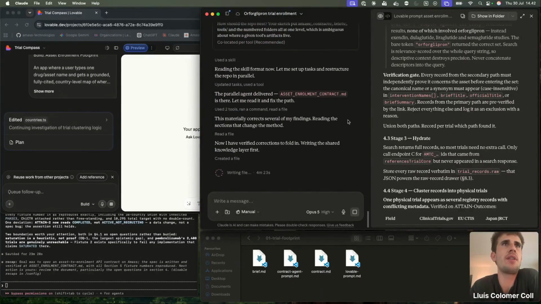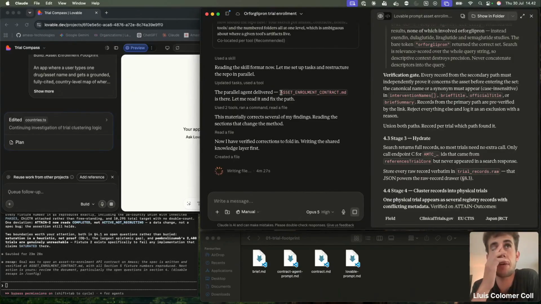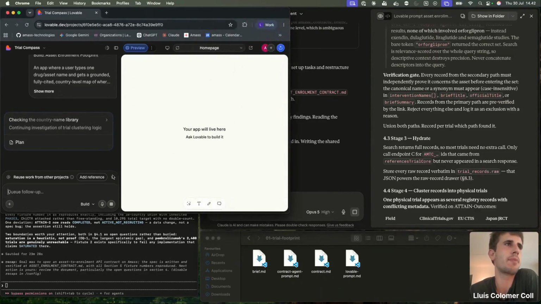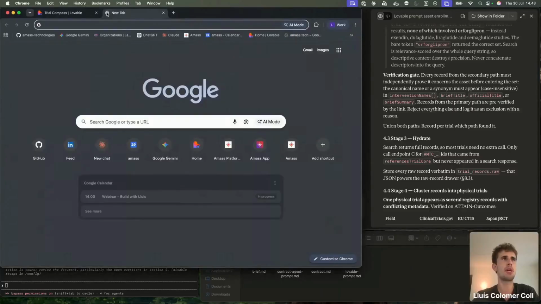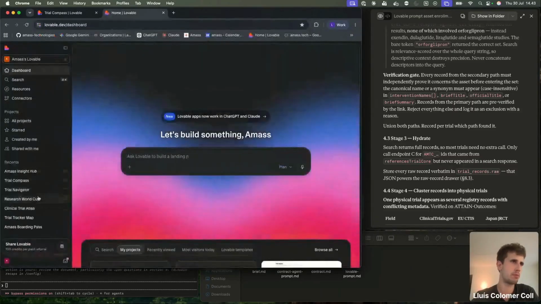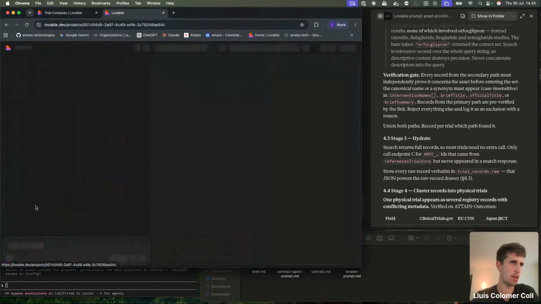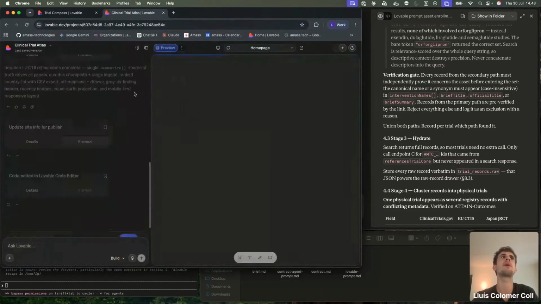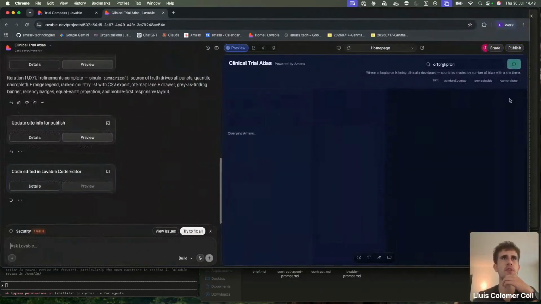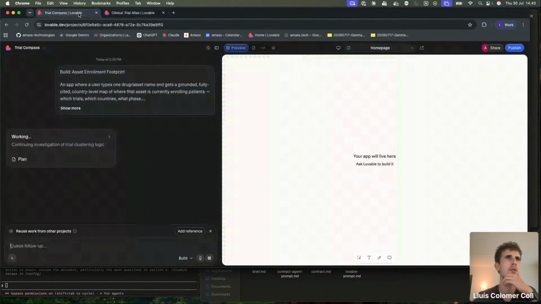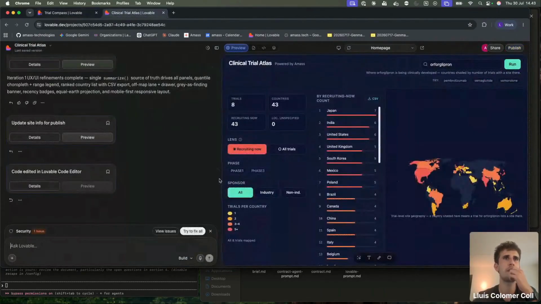Now it's creating these files, writing down this enrollment contract and all the findings that it has. And here in parallel, Lovable is building the app as we expected. We can also show you how, following the same approach, maybe taking a bit more time than what we could fit in this webinar, we build a similar app.